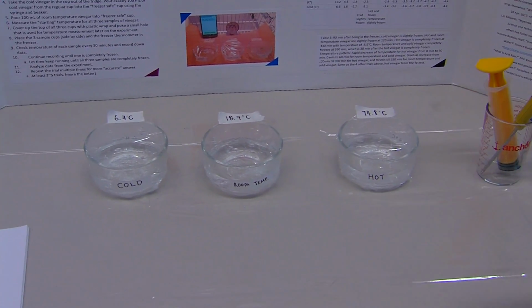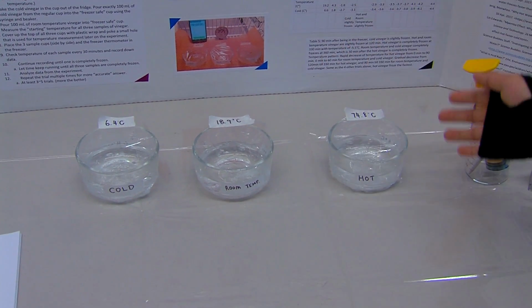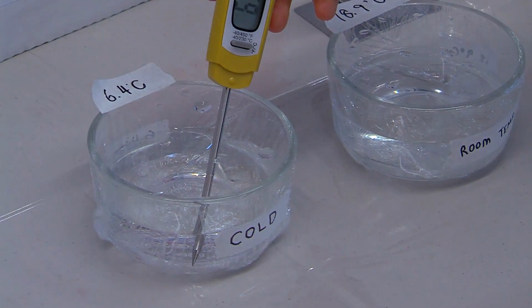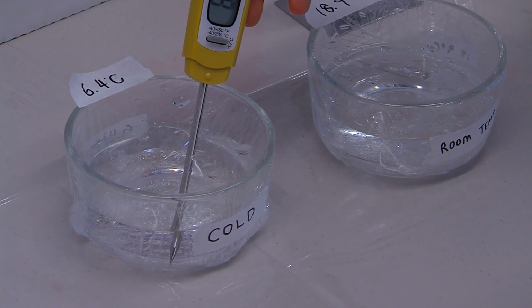The three types of vinegar I have tested with were the cold one, the room temperature one, as well as the hot one. And I had 5 trials in total because more trials the better. So my question was, does the Mpemba effect work with vinegar, which has a lower molarity? And my hypothesis was yes, molarity will have no effect towards the Mpemba effect, and therefore the Mpemba effect will work